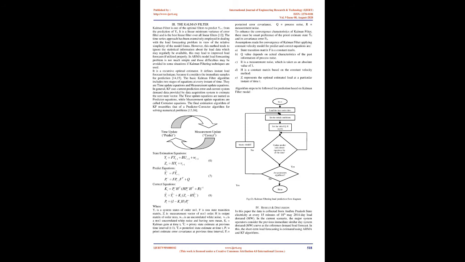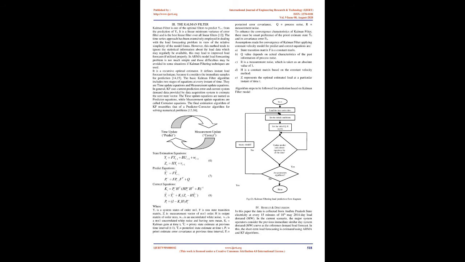The orders of P and Q are defined by the partial autocorrelation function, PACF, and the autocorrelation function, ACF, of the given time series data. Understanding the PACF and ACF is very important to identify which orders to use for P and Q. The thumb rule is that the order of P is taken from the PACF plot and Q from the ACF plot respectively.